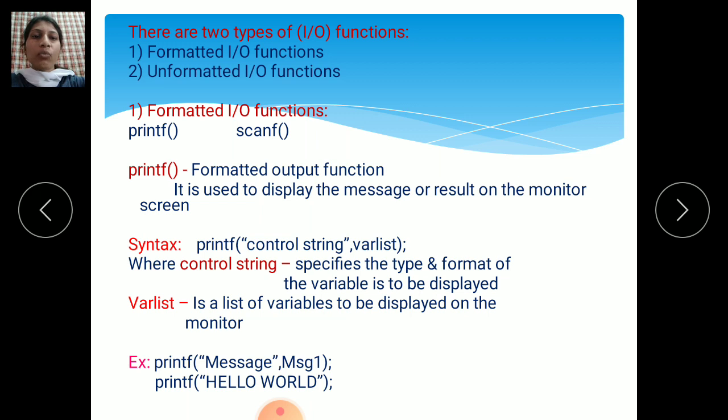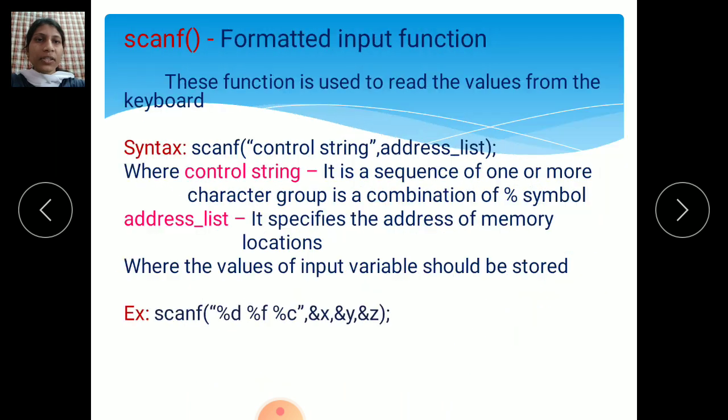Num1 is the variable. If you want to use variables in your program, use the first form. If you want to simply display the message, use this second one. Printf hello world: whatever message you want to print, write it in double quotes, then give a semicolon. This is the format to write the printf statement.